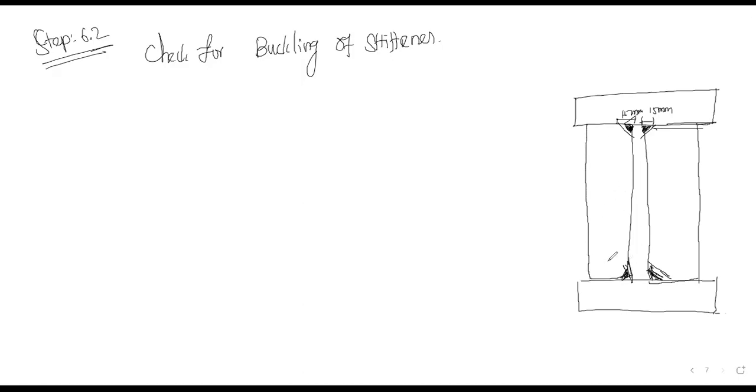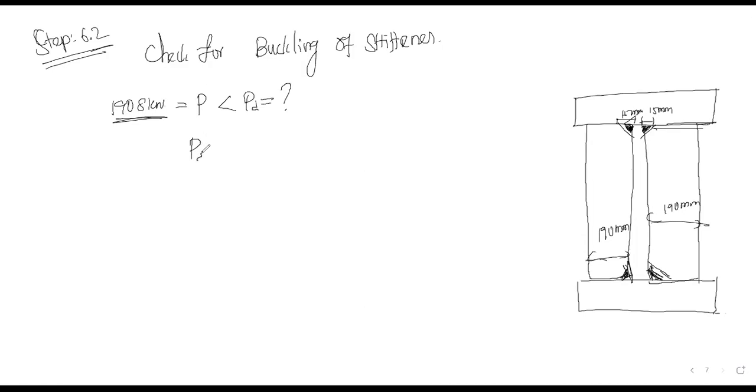Okay, so this width I am going to keep as 190 mm. This is also 190 mm. Okay, so let us go with the check for buckling. Here the condition is P should be less than PD, whereas P is equal to 1908 kilonewton. Okay, so PD we have to calculate.